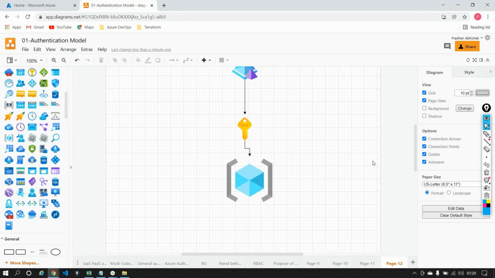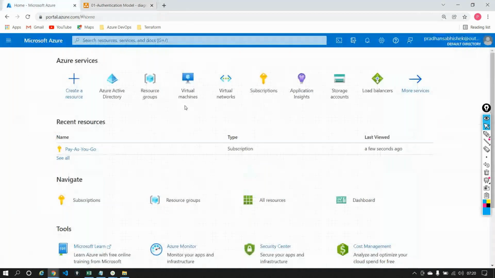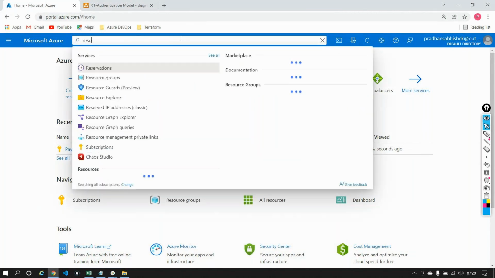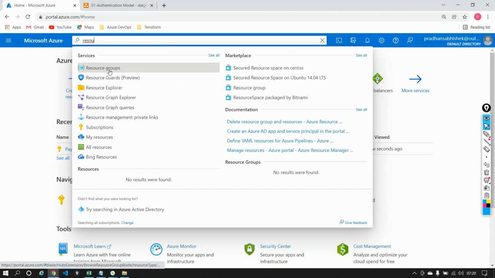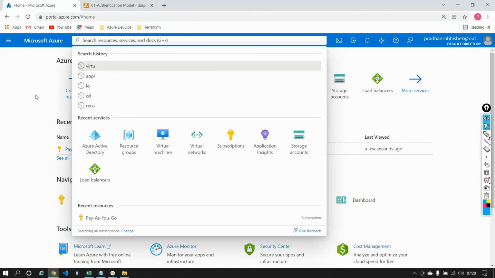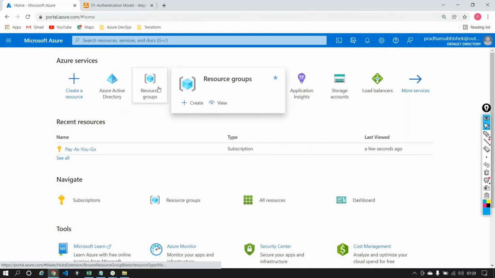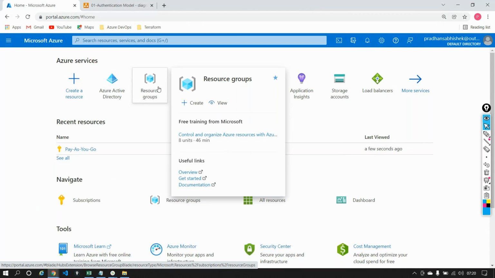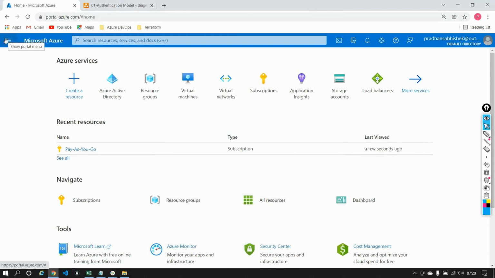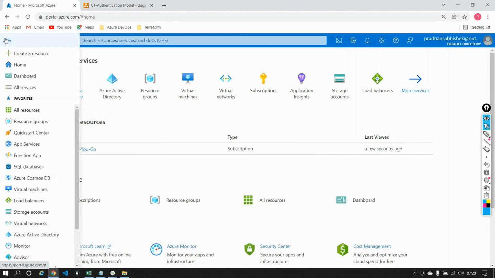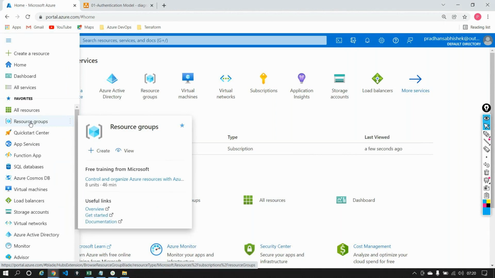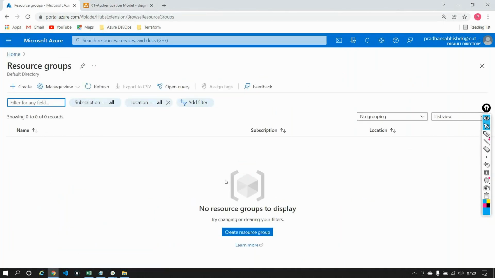So how do you create a resource group in Azure? I'm coming to the Azure portal, which you will be seeing. You can either type in resource groups and you'll get something called resource groups, or you can go directly on the front page. It'll give you something known as a resource group, or you have the three buttons, called show portal menu. In here as well, the first resource that you'll see is a resource group. From anywhere you can just click on this icon, which is known as an Azure resource group. In here, just say create.